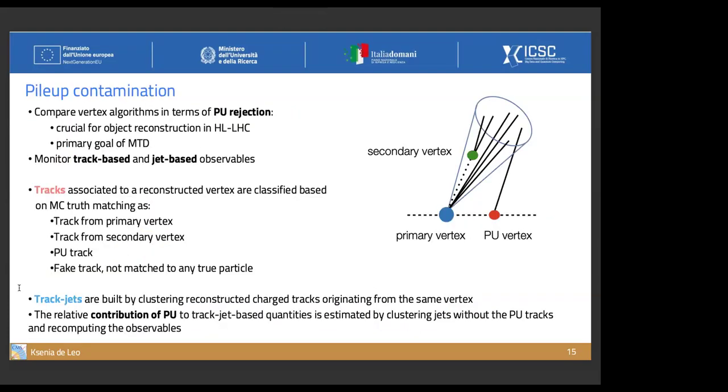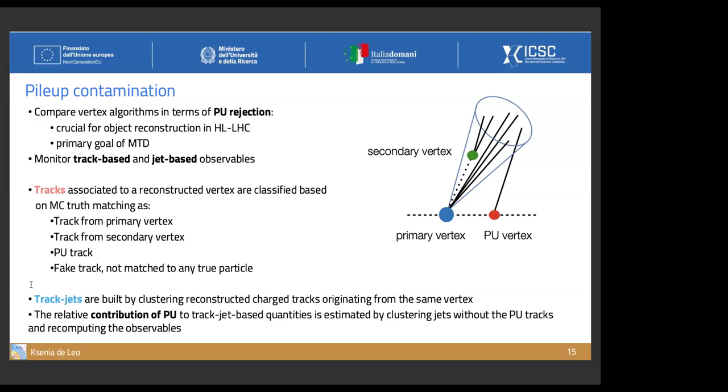Finally, we also checked how this algorithm performs in terms of the pileup rejection, which is really important for high luminosity LHC and one of the primary goals of MTD. And we checked it for track-based observables and jet-based observables. So first, for the tracks, we classify them again based on a matching to the MC truth as tracks coming from a primary vertex, from a secondary vertex, pileup tracks, or fake tracks, meaning that they are not matched to any true particle. While for the jets, we build,